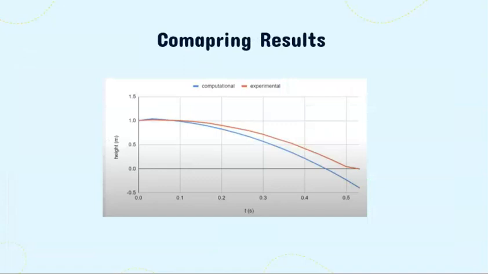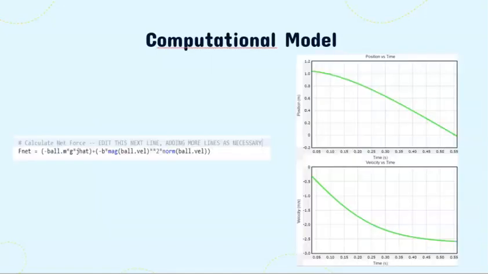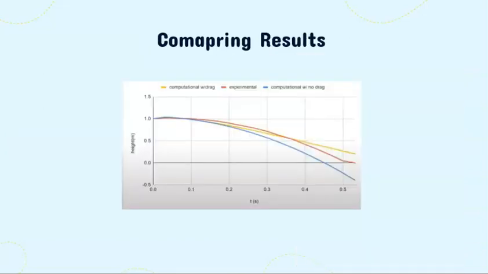Comparing the experimental model to the computational model, it is clear that the position of the ball changes quicker in the computational model, while the velocity of the object in the experimental model slowed down over time. To account for this, the second computational model includes a drag force in the F net equation. The new graph shows that the velocity of the object isn't constant. Now, comparing both computational models, it is evident that the net force, including the drag force, is a more accurate representation. Discrepancies between the computational and the experimental model also include human error with tracking the object in the Tracker